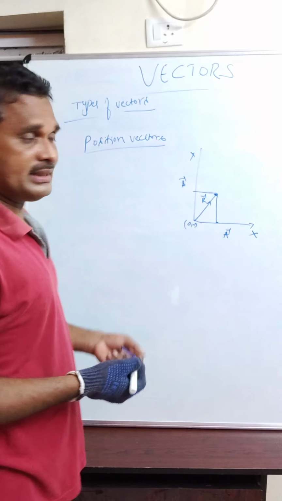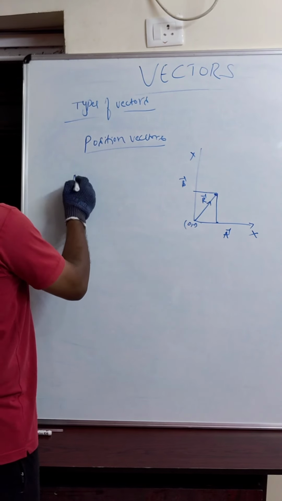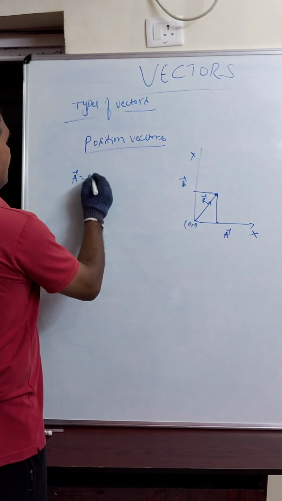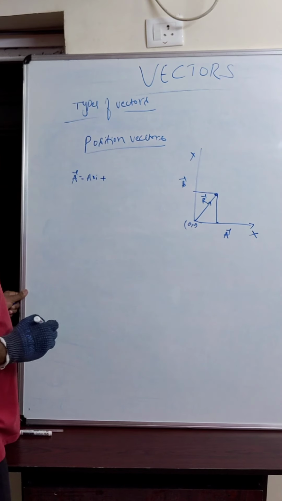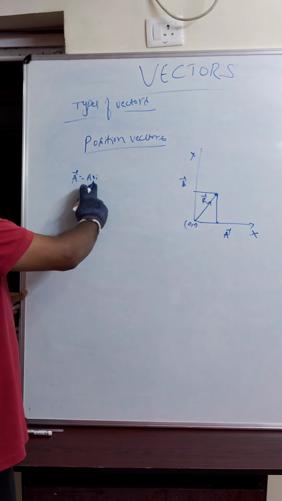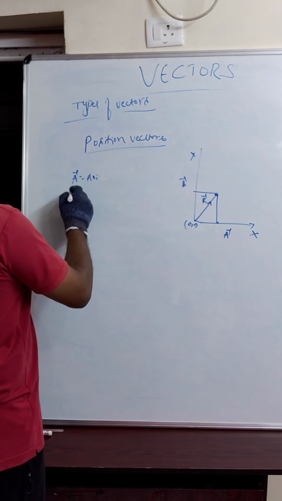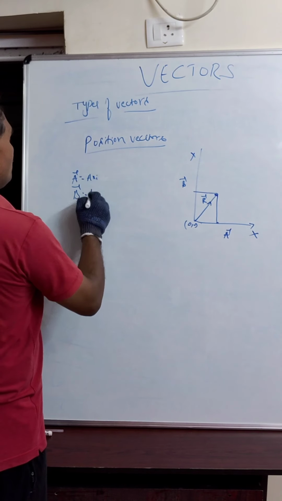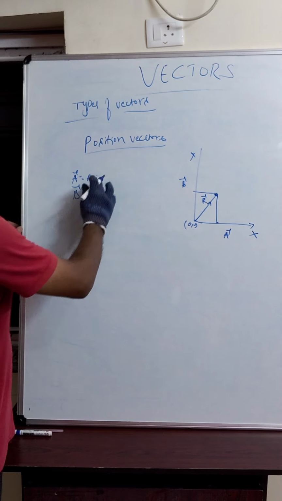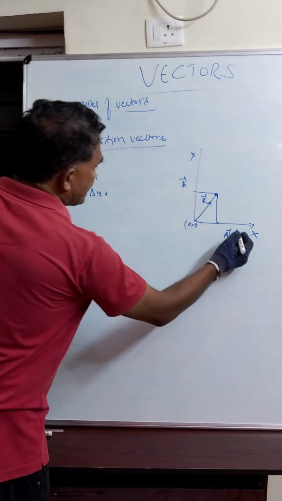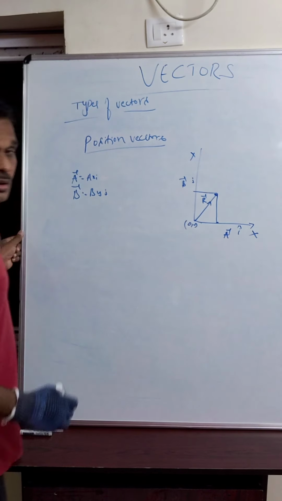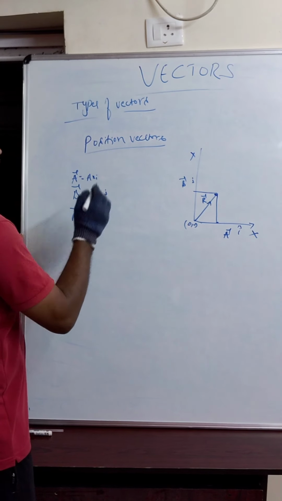Now how do we represent it? Suppose the vector a bar is represented as ax i, and b bar is equal to by j. I already told you that on the x-axis the unit vector is i cap and on the y-axis it is j cap. Then r bar is equal to